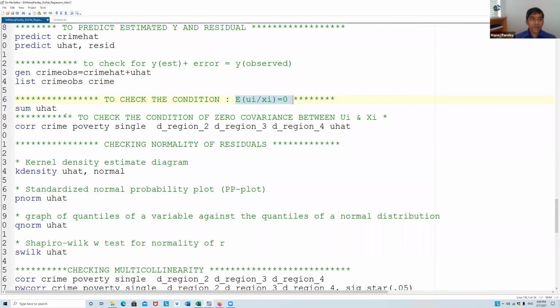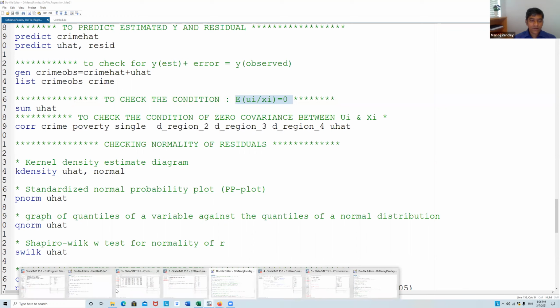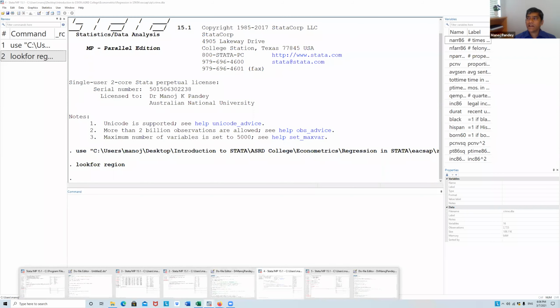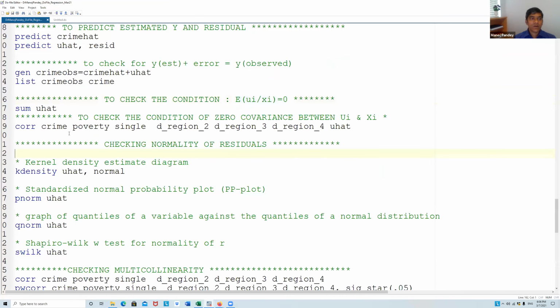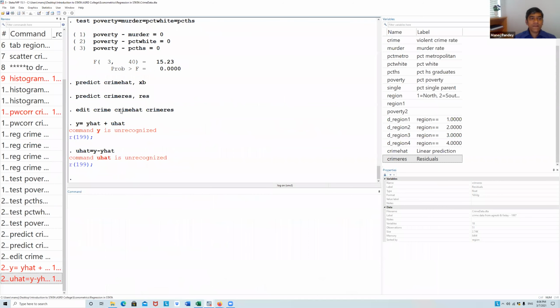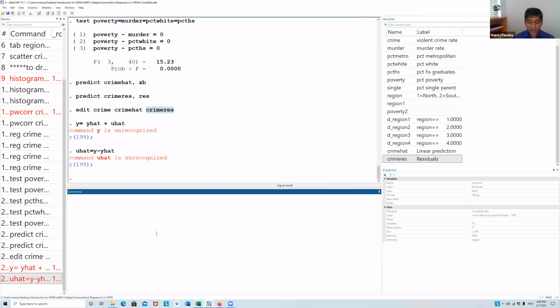We know we have u hat. Now it means that if this is the crime residual, and I find the mean of the crime residual, it must be equal to 0. So I will do sum, meaning the summarize command, and then the crime residual.